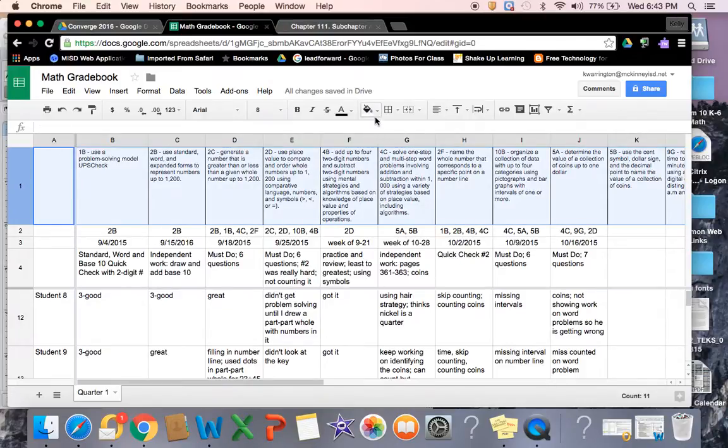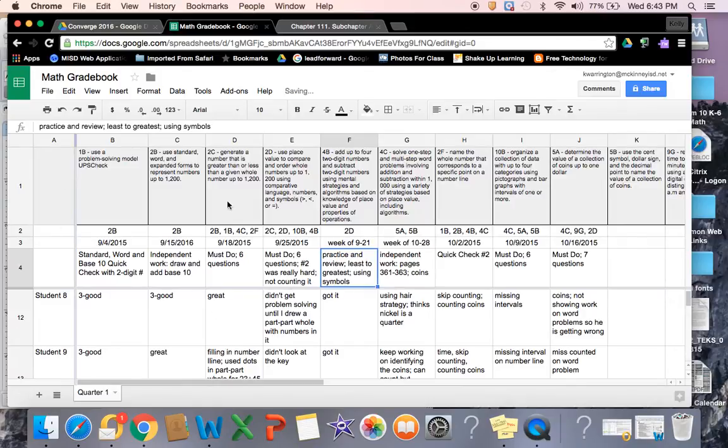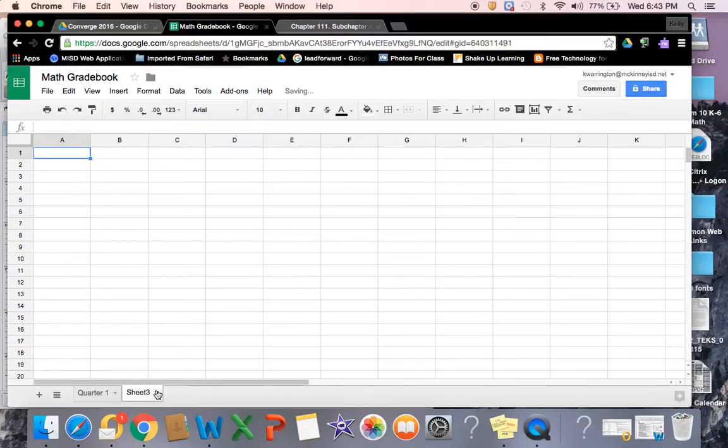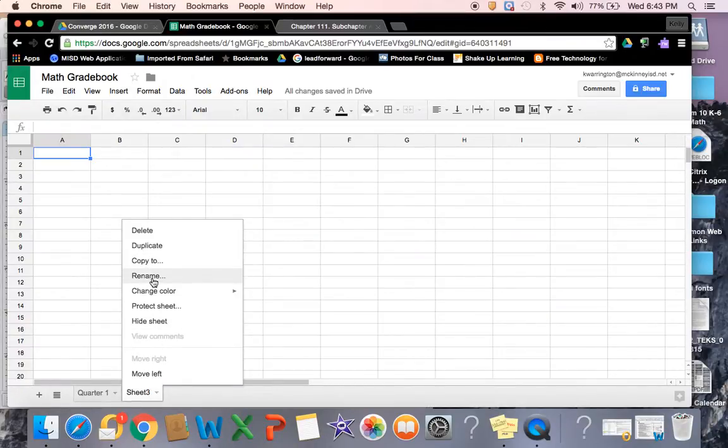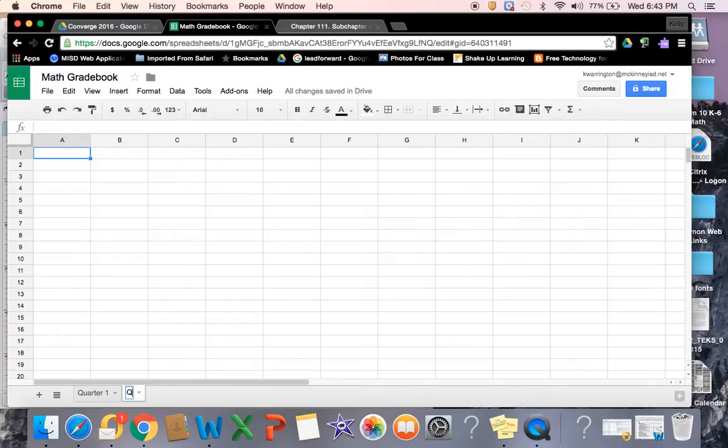You can make each one colorful, or however you want to do it. So I want to show you really quick just how I would do it. I would do this for quarter 1. I'm going to make a quarter 2 and get it ready, so I'm going to rename this to quarter 2